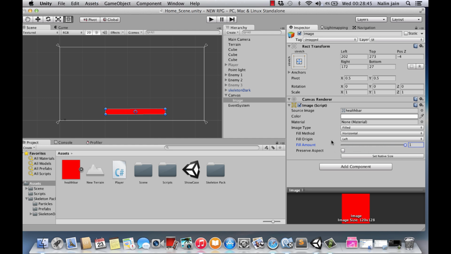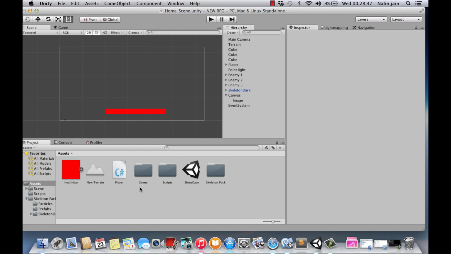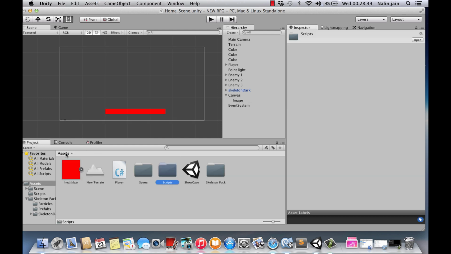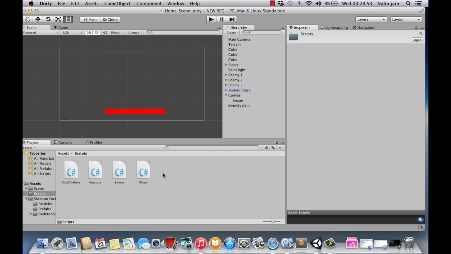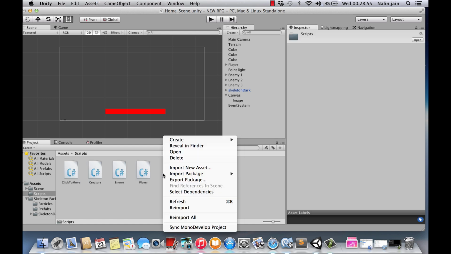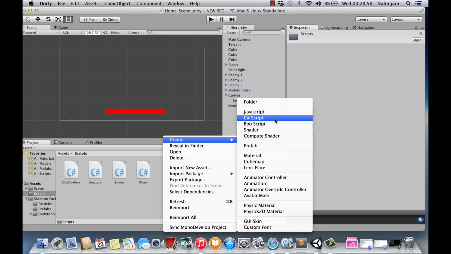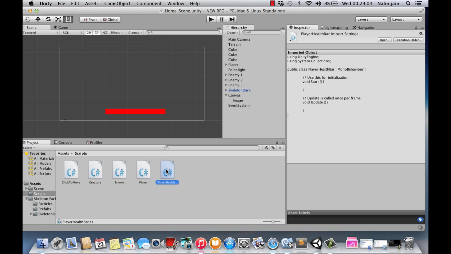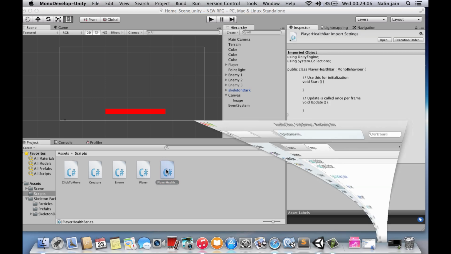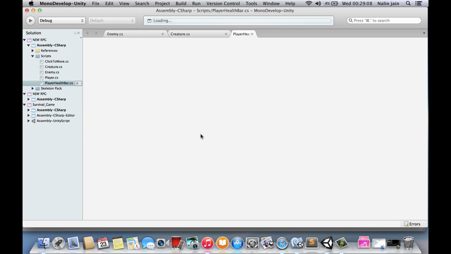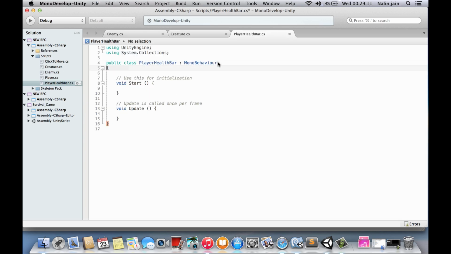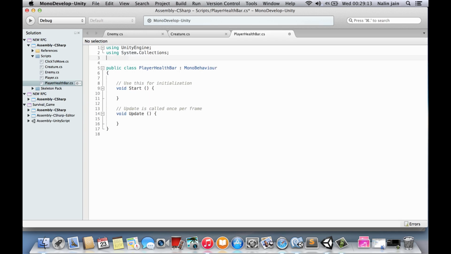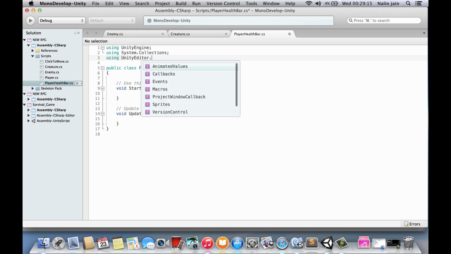So now that we've got that done, we need to make a script. So we're going to go in our script, and we're actually going to drag the player in our scripts over here. And we will make a new script saying player health bar. And we're going to go in our player health bar. And over here, what we're going to do is we're going to say using Unity dot